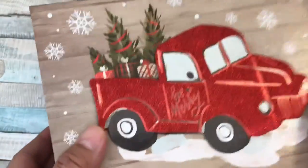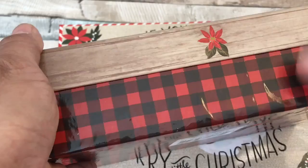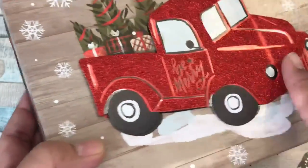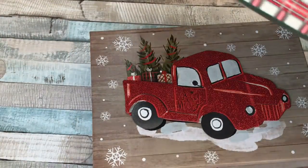What I was looking for really is the medium, and I like that this has the red and black buffalo check design, and the large of this one. I couldn't find the large of this one. I like the words "Be Merry" and the glitter. And this one is the large one that I could find, and it says "Have yourself a merry little Christmas." And I like the inside as well. It has some checker design,